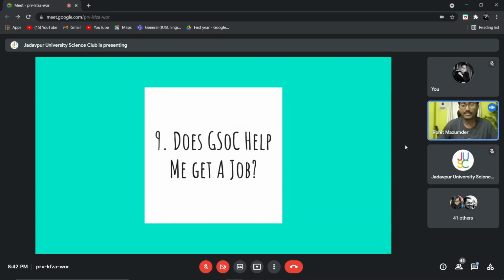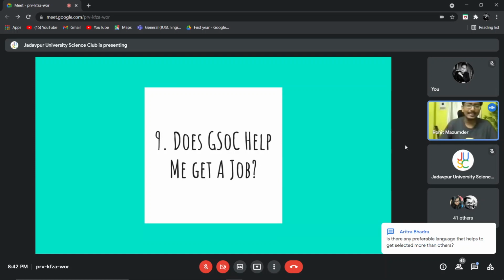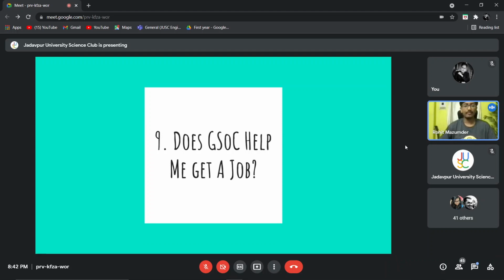Firstly, you guys are mostly college freshers, going to graduate and get into your first job. So the interview for freshers in our country, not just in our country, worldwide, is focused on data structures and algorithms. They don't focus a lot on development skills. They don't focus a lot on open source. And there is a particular reason behind that. The reason is that development skills and all of these subjects are not that easy to master.